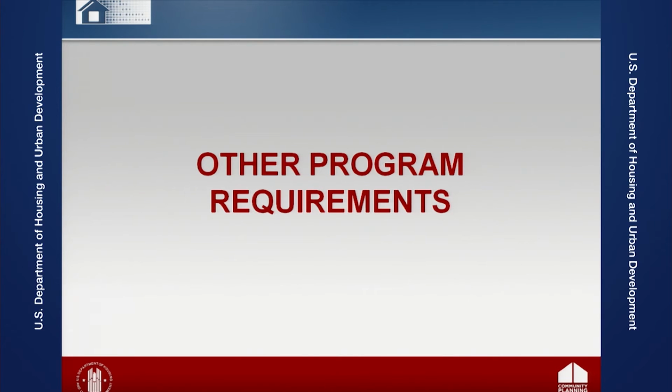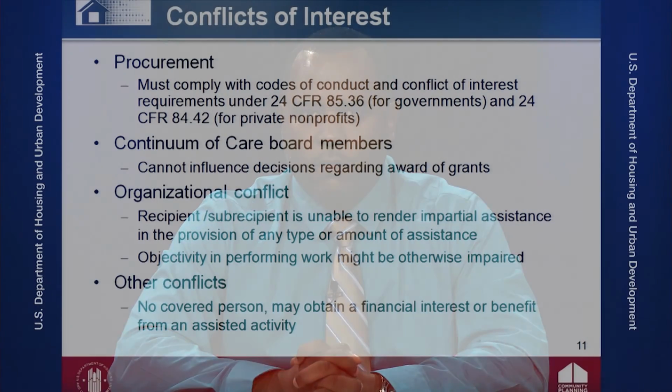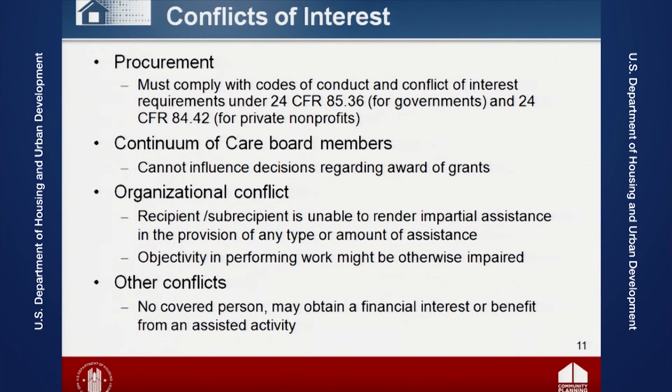Recipients and subrecipients must also comply with other program requirements as specified in the CoC Program interim rule. Some of these requirements are described in this section, but recipients should review subpart F of the interim rule to get a further understanding of the requirements. Examples of conflict of interest as listed in the interim rule are: procurement. Recipients must comply with codes of conduct and conflict of interest requirements under 24 CFR